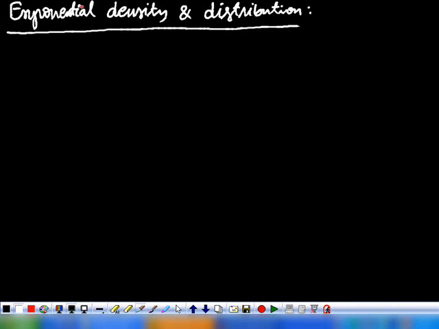Okay. One such is this exponential density and distribution function. Again, let x be continuous, and if this fx of x is the density function,